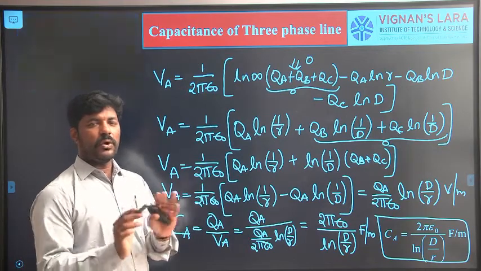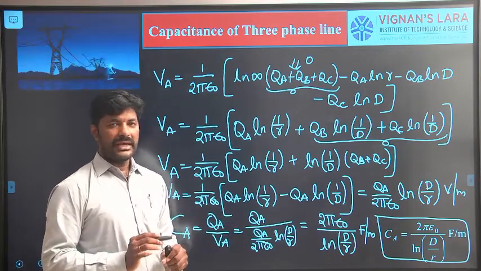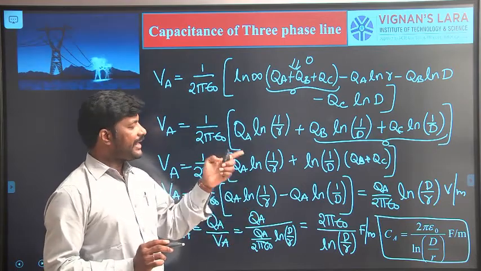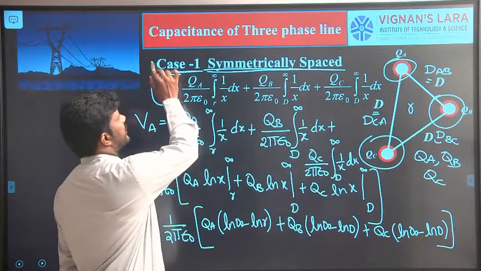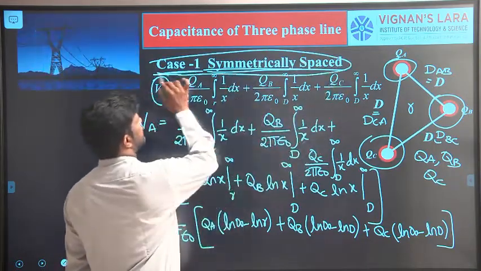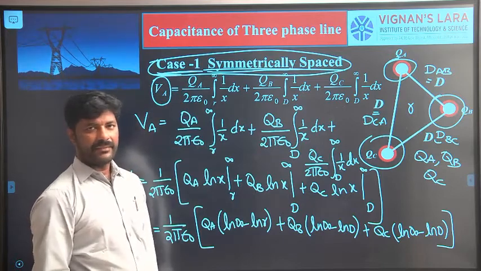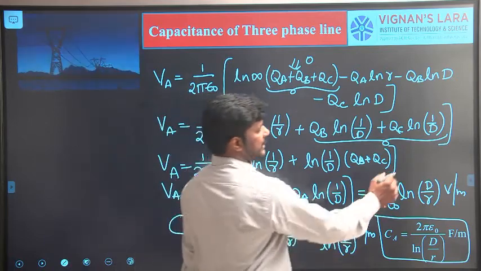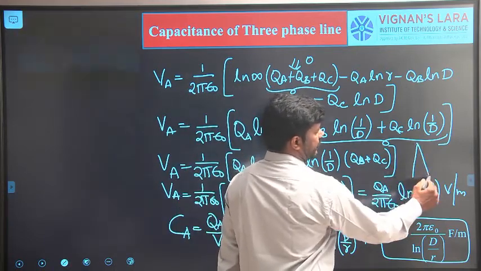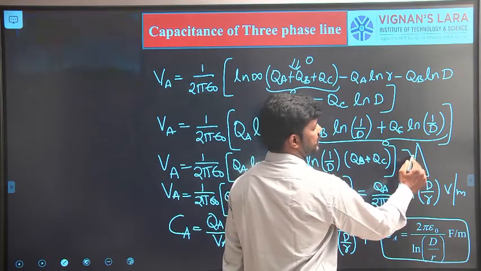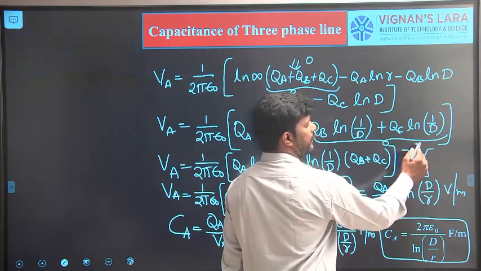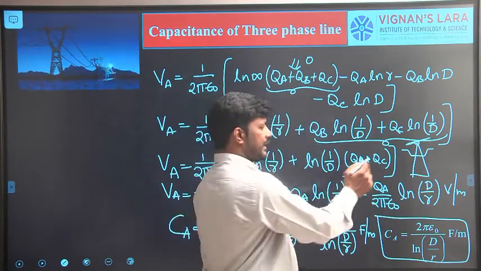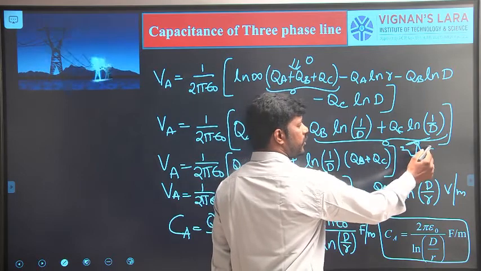The same thing holds good for the B conductor and C conductor also, if this transmission line is a symmetrically spaced line. So far what we have discussed is for a symmetrically spaced line. Then how does it look in real time? In real time it looks like a tower. Let me show the diagram here. This is the electrical tower we are assuming, with the cross arm in this fashion, and at the tip of the tower one conductor will run over the insulator, and on either side of the tower two more insulators are there.